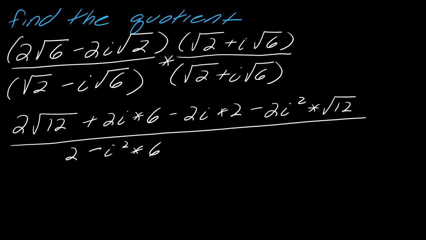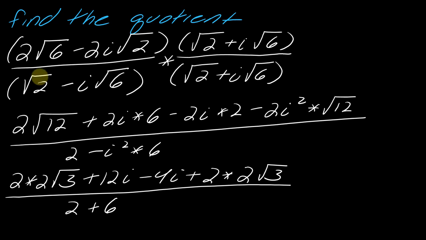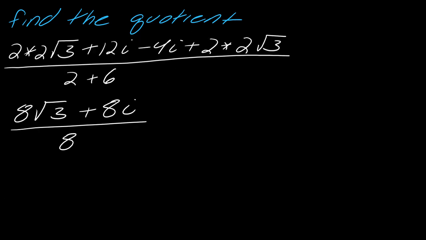So there's everything when I put it all together. Okay, so there's all my stuff all foiled out. So as I continue to work through this, I can simplify my square roots. This square root of 12 becomes 2 times the square root of 3, and then I have to multiply that by this 2 in front here. And same goes here, so I'll continue just to simplify this whole thing. So ultimately what I get is 8 square root of 3 plus 8i on top over 8, and then of course that will simplify to square root of 3 plus i. Okay, so